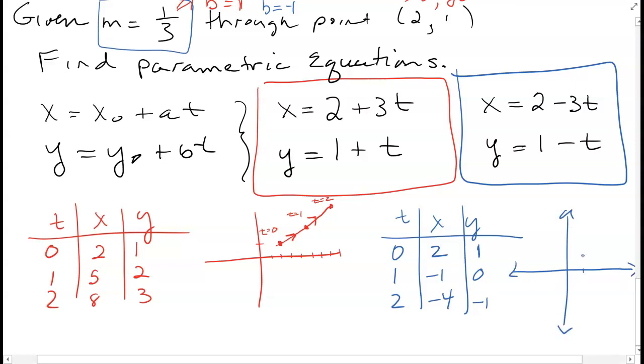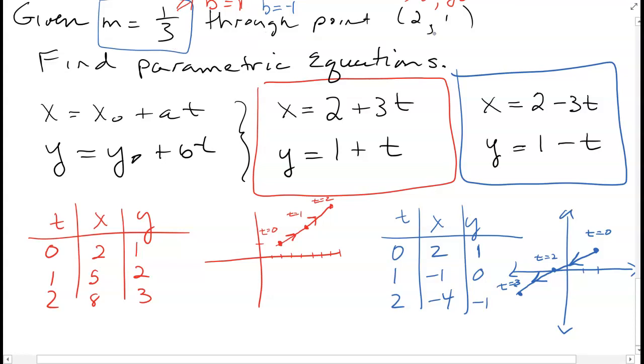So I still start the same starting point. 2, 1. That's t equaling 0. Then I have -1, 0. T equaling 2. And then I have -4, -1. What changes? Orientation changes. We're now going in this direction. Okay? So when dealing with parametric, one thing to realize, when you are given limited information, such as slope and